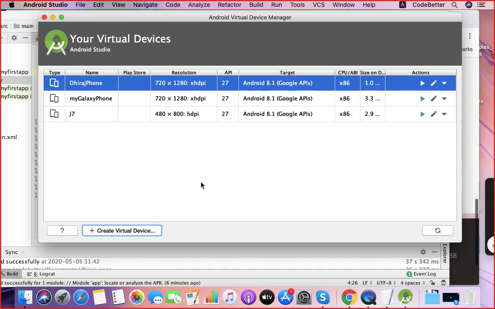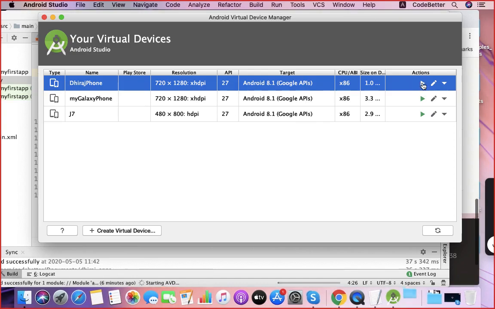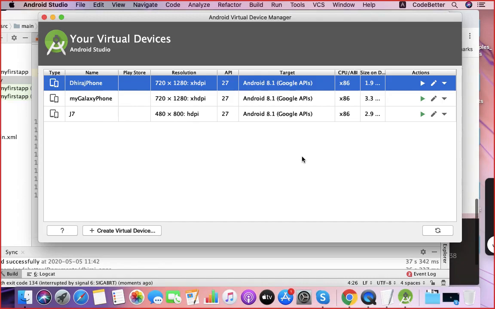Let me select this Dheeraj phone, and there is a play button. Can you see this play button? So if I click on this play button, it will start that virtual phone. It may take some time to start it. Whenever you start it the first time, it may take some time. The second time, when all files or configurations are created, it will start instantly.